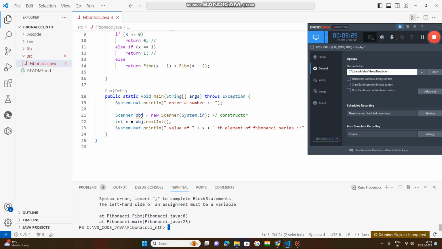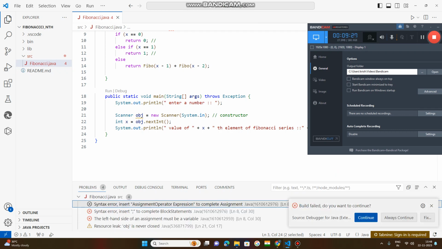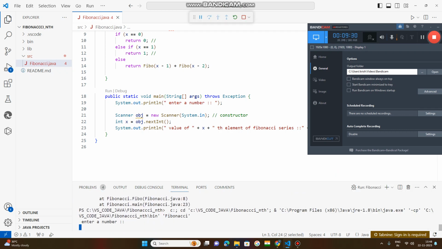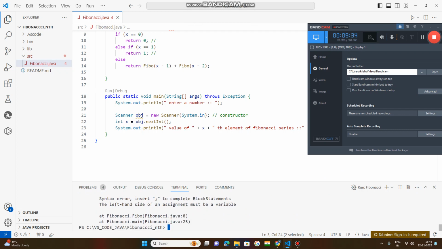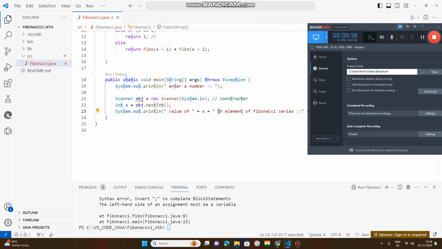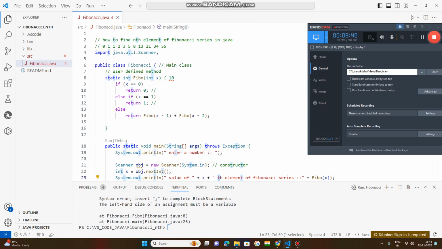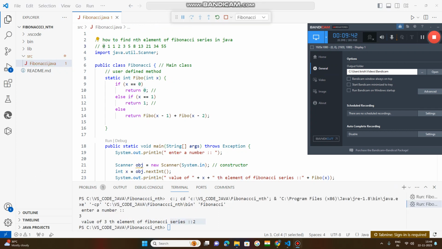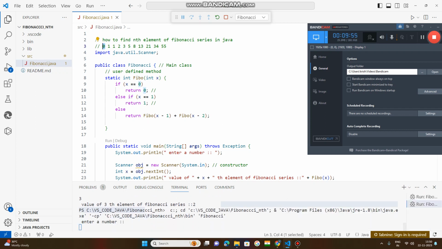Next, if I compile one more time and enter 2, here is that error. The value of the third element is 2, at that moment 0 will not be considered. So the value of the fourth element